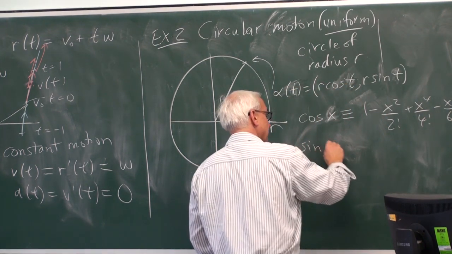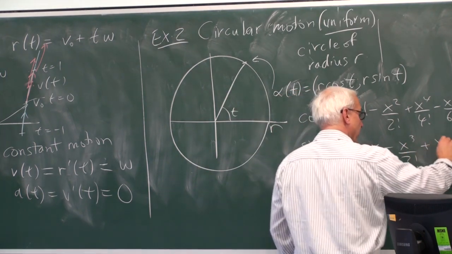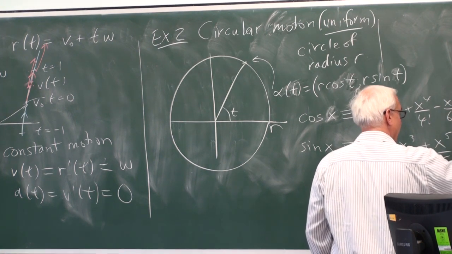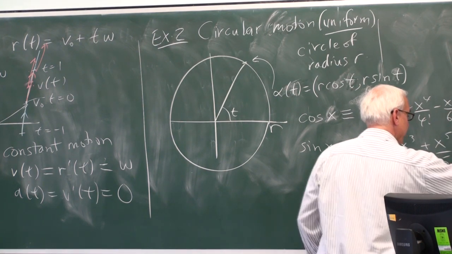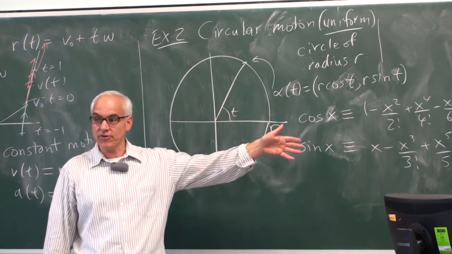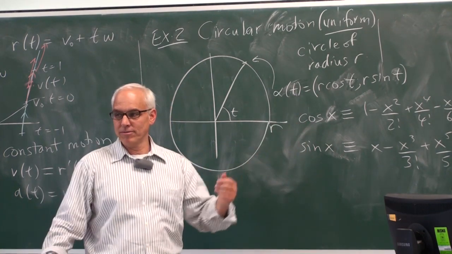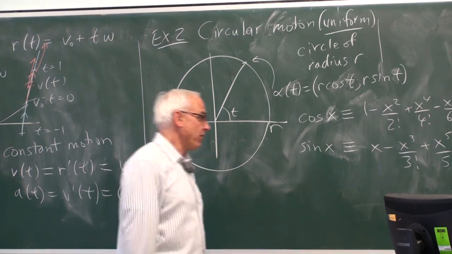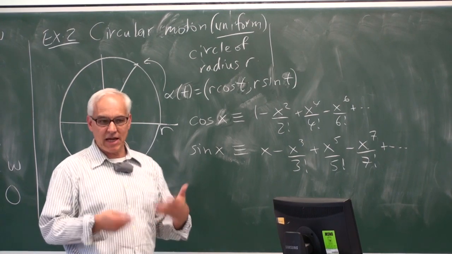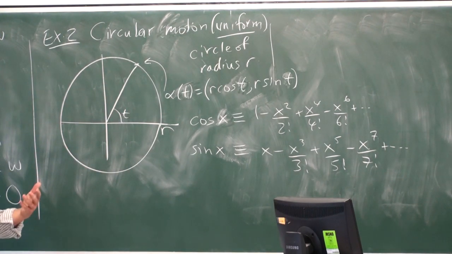And sine x is by definition x minus x cubed on 3 factorial plus x to the 5th on 5 factorial minus x to the 7th on 7 factorial and so on. All right, so we're thinking about these things as power series, or as Newton would have thought, as infinite polynomials. And this allows Newton to do algebra with objects like this very much in the same way as you do algebra with polynomials, except that there's not a final term.